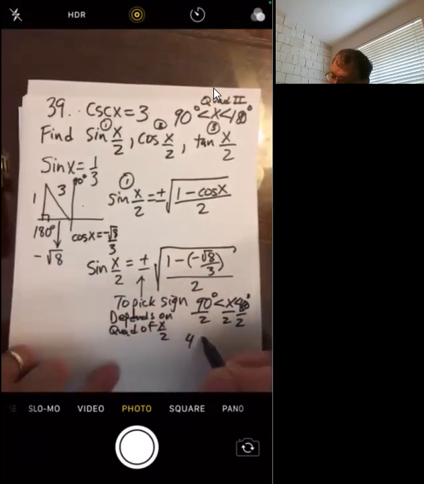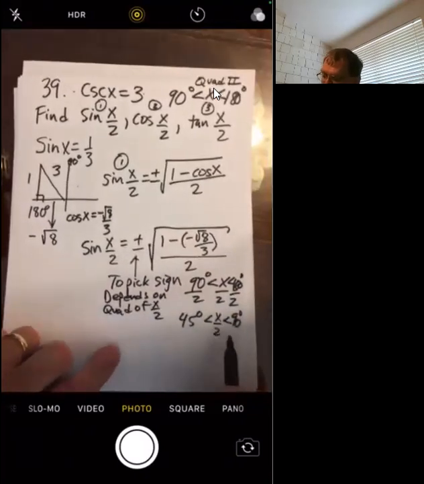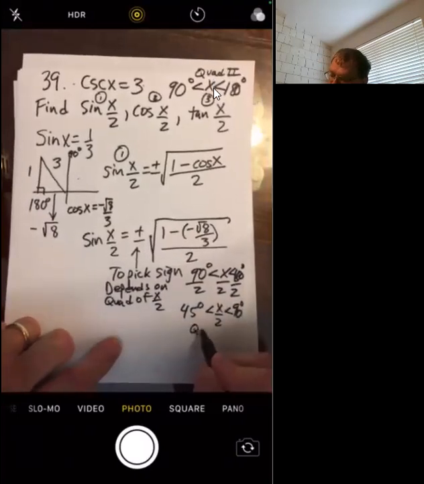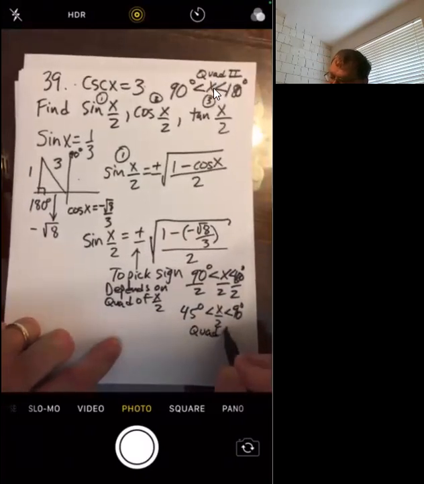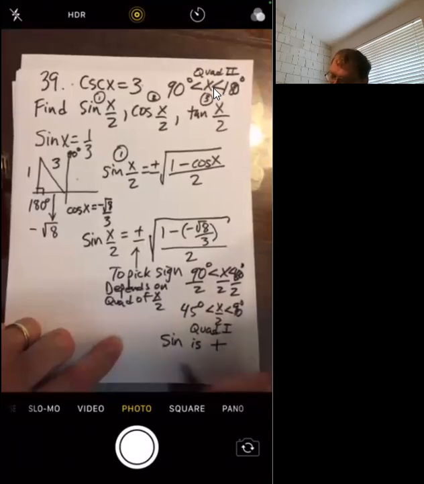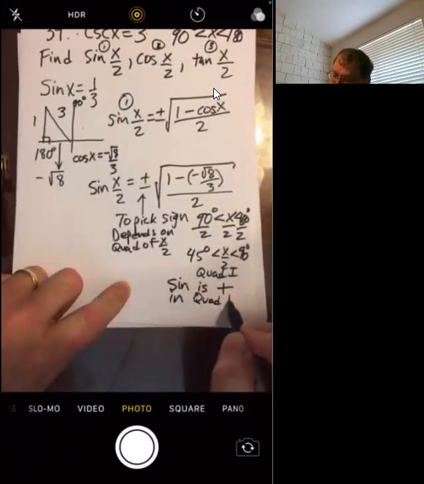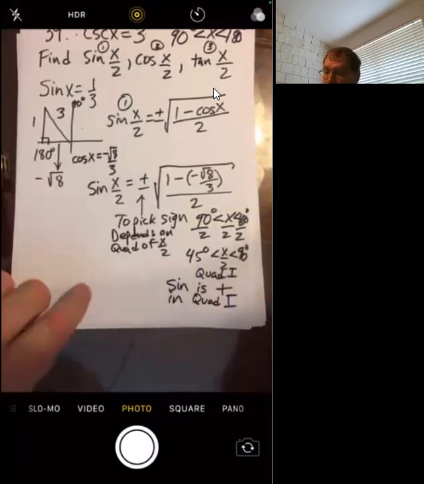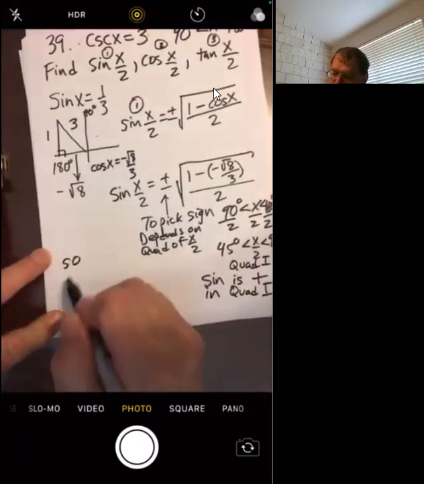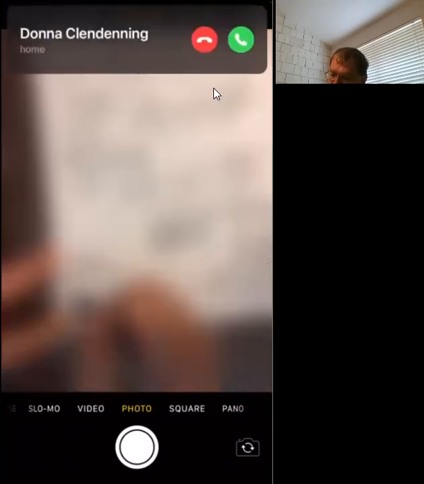So this is going to be 45 degrees less than x over 2 less than 90 degrees. So x over 2 lies between 45 and 90, which is quadrant 1. Sine is positive in quadrant 1. So, answer. Sine